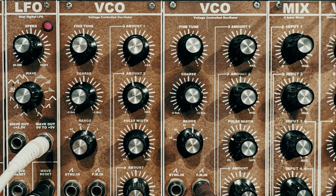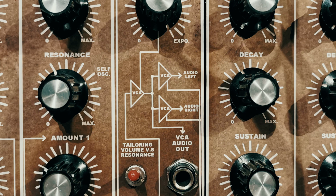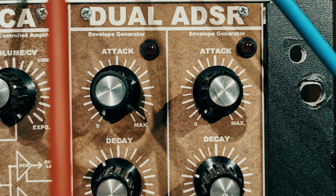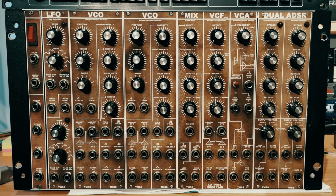There's two voltage-controlled oscillators with breakouts for the waves, including subdivisions, a mixer section for combining those waves, a filter that is unashamedly labelled Moog filter, an amp section which has stereo outputs on the rear with panning, two envelopes with positive, inverted and bipolar outputs, two quite comprehensive digital LFOs, and a bunch of jack connections for control signals